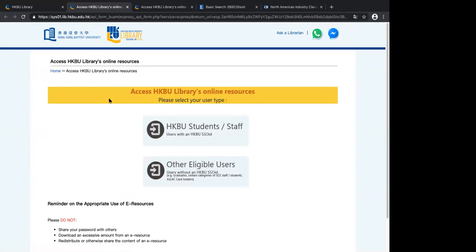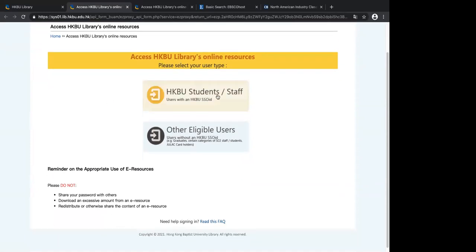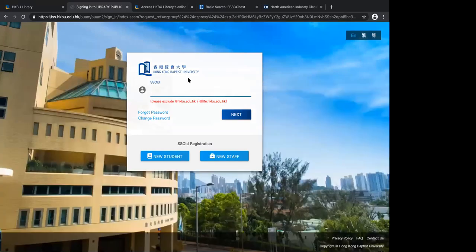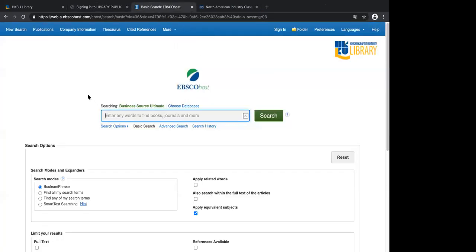And when you click this link, it will bring you to the login page. So you can log in with your student ID. And once you log in, then you can access Business Source Ultimate. Okay, so this is the landing page of our Business Source Ultimate. And if you have never been to this page before, then I will show you some basic features for